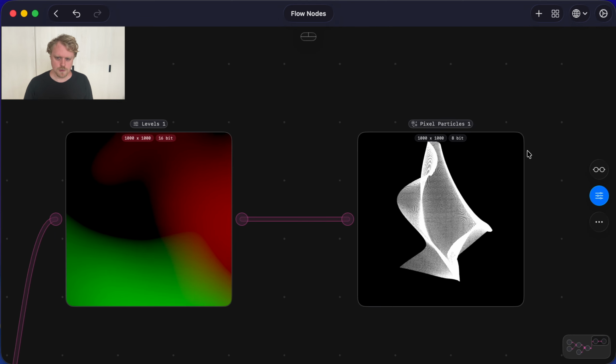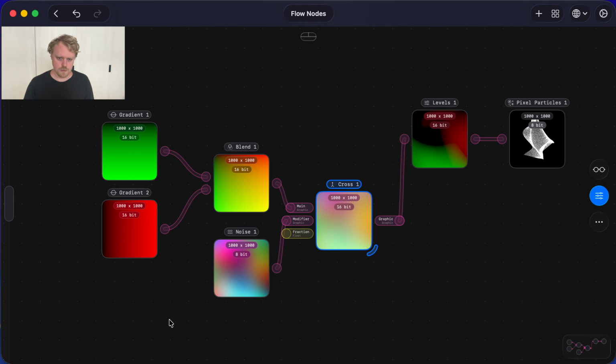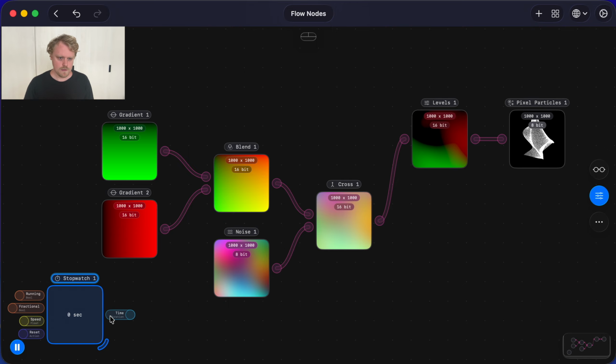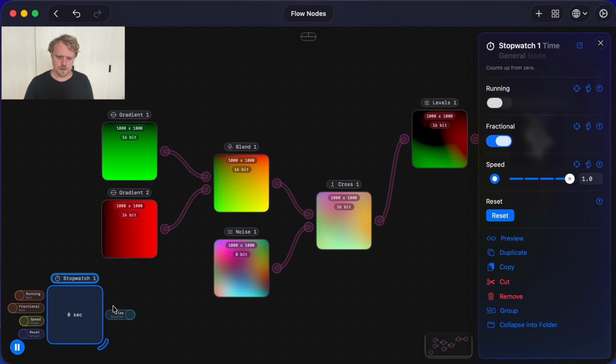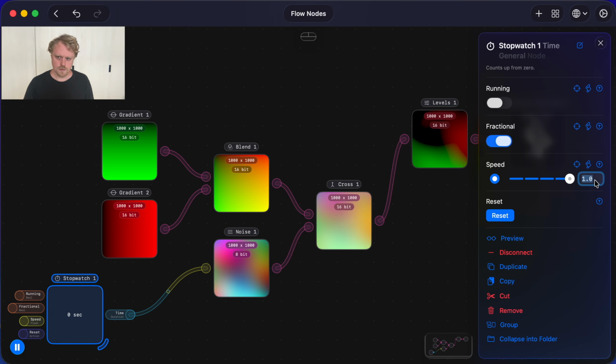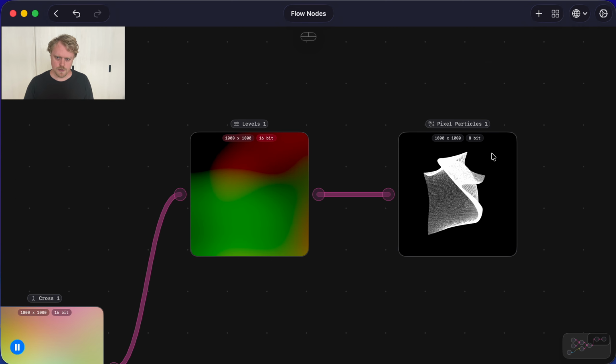Okay, next step will be to animate. So to animate these pixel particles, we will use a stopwatch, and we will connect the time to the depth offset on the noise. And we will set the speed to 1000, or maybe 100 for now. And then set this to running. So now we can see that the pixel particles are animating,